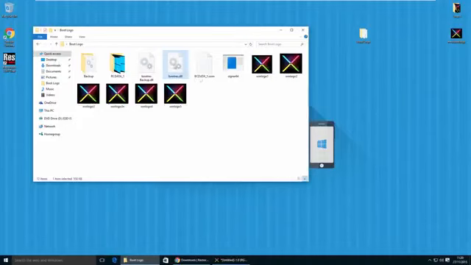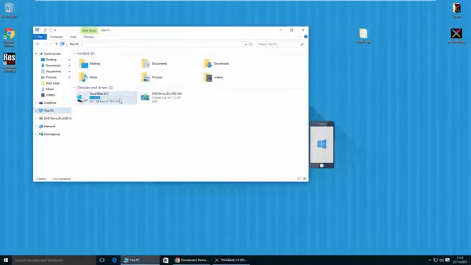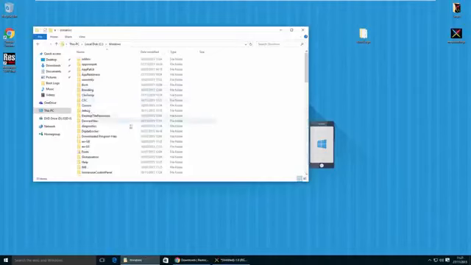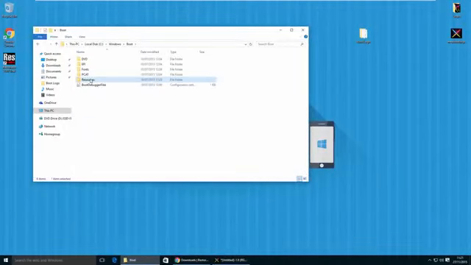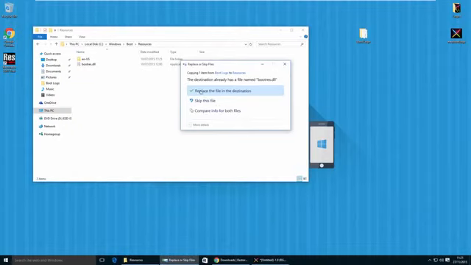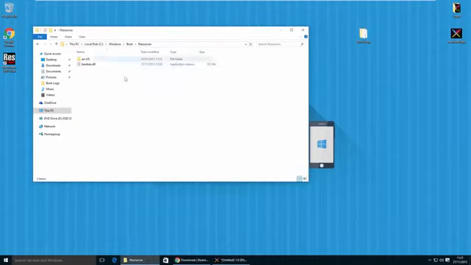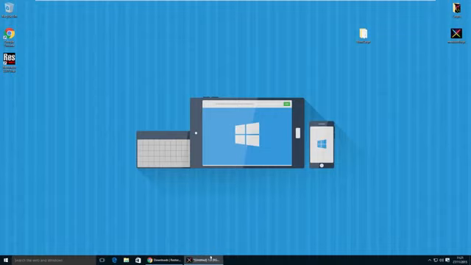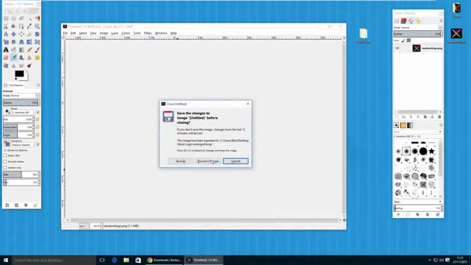We just need to copy the bootres.dll file back to the original location. So we're going to right click on bootres.dll and copy it. Go to This PC, Drive C, Windows, Boot, Resources, and we're going to overwrite the bootres.dll file. So now we've actually replaced that, we can now go ahead and reboot our computer to see the new boot